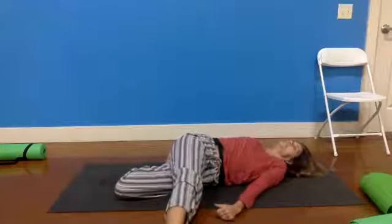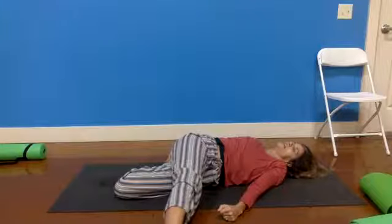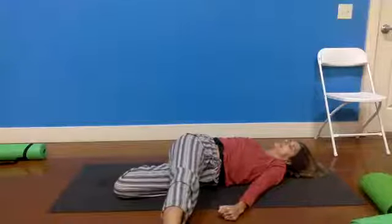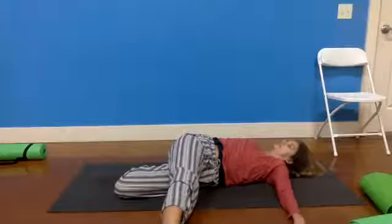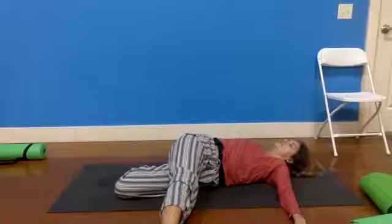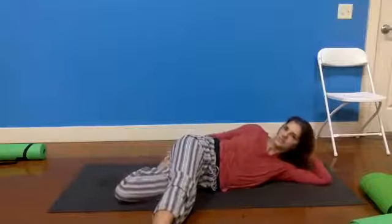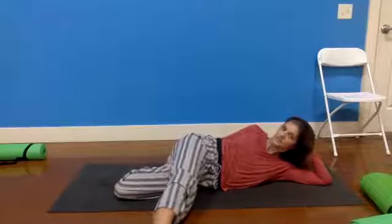So feeling this again, the outer knee is pressing down, the glutes are engaging, the hamstrings are engaging, and the chest is opening. Feel this also as a stretch across your pecs as the right shoulder blade descends more fully into the ground. Feel all of those micro movements again. As you continue to kick your foot into this hand,